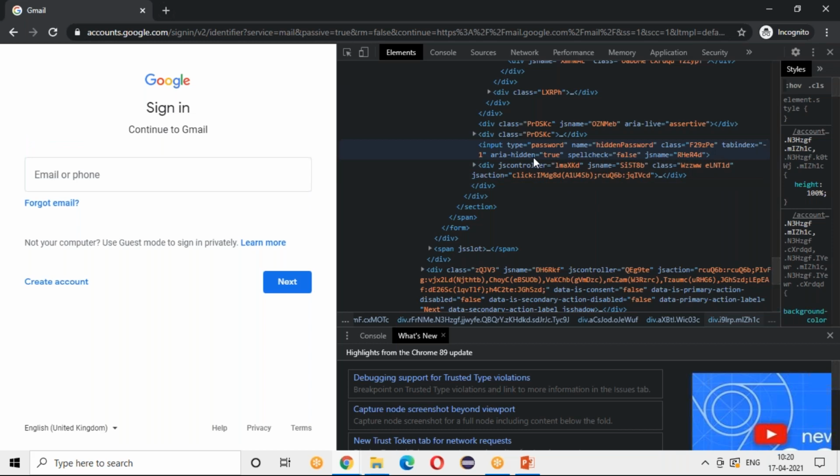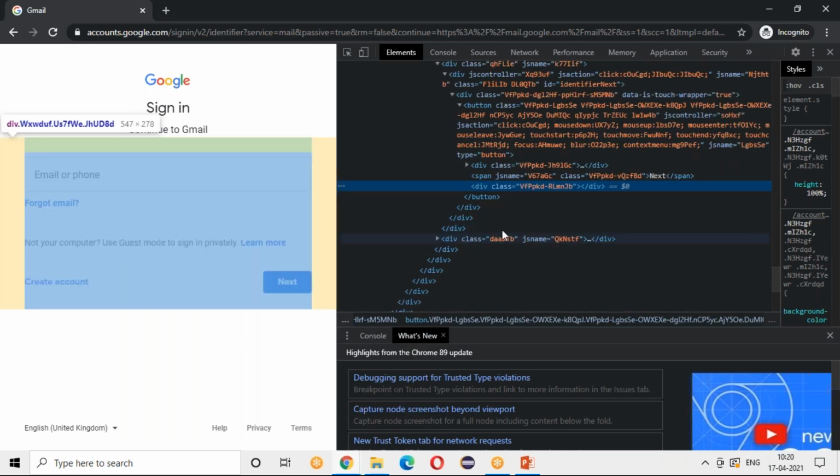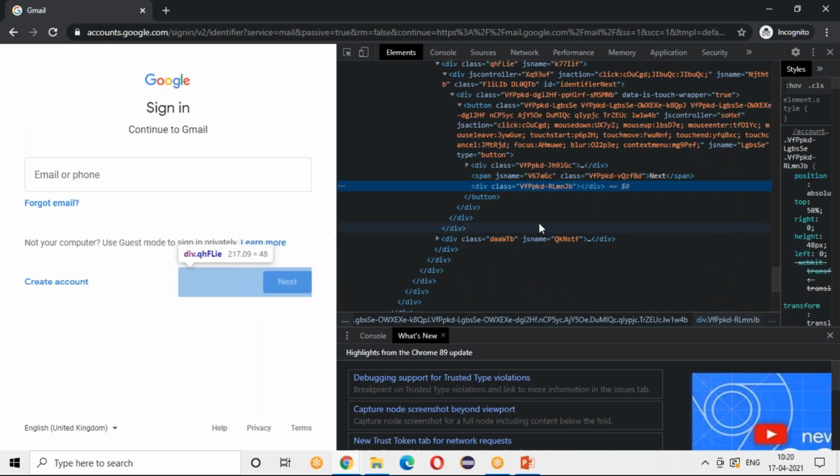So input type, next they will be giving it as a password. So you see this next button, right? You can inspect even this. This is the one, next, right? How you are getting this color and all is because of these div classes they have used. Sometimes they may not be able to show it.